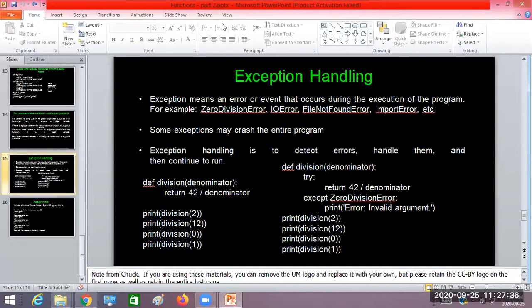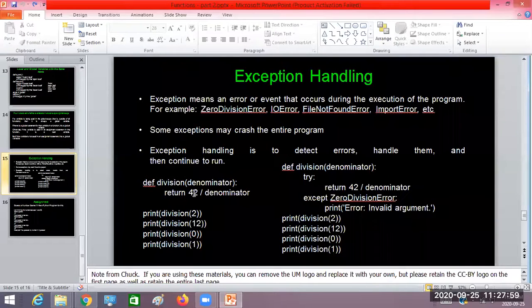So what do you need to do here? How to handle the errors? How to do exception handling? While performing some events, errors may occur. So how to handle those errors? One of the simplest examples is the division operation. While doing division, we may face the error called division by zero.